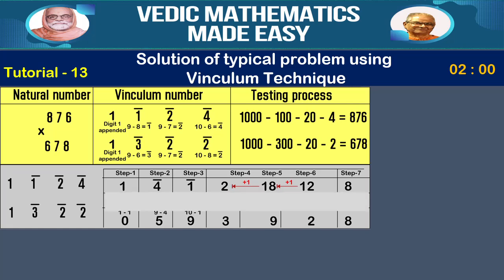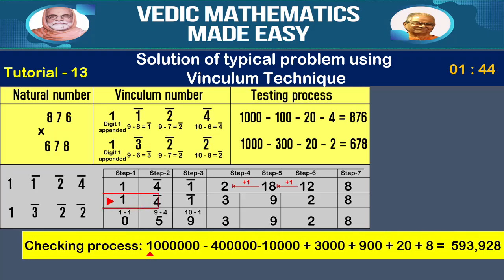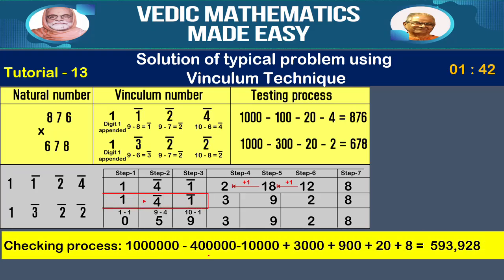This number we obtained is vinculum number, friends. We must convert the number into natural number. By using the easiest method, we get 1 followed by 6 digits minus 4 followed by 5 digits minus 1 followed by 4 digits plus 3928 is equal to